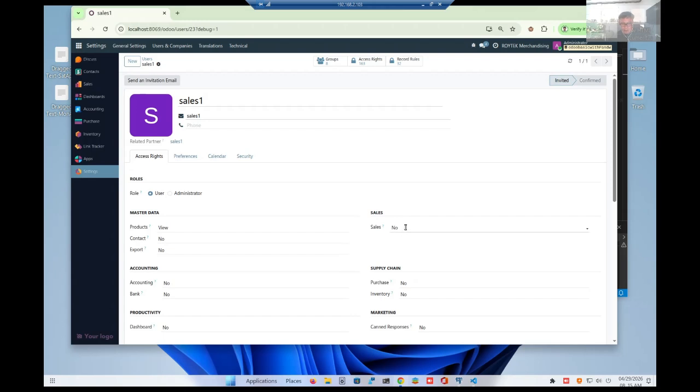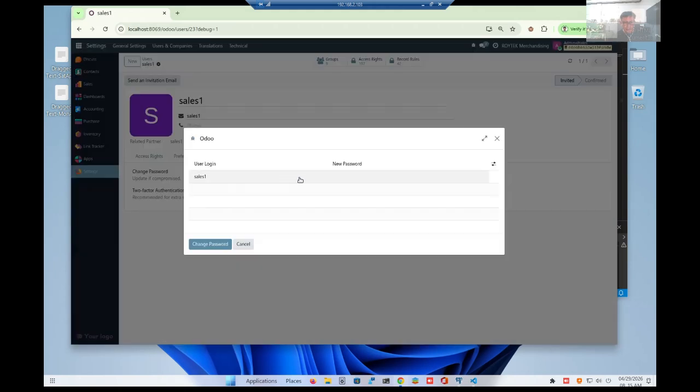Usually we assign him to sales with own documents only so that he cannot tinker with the sales orders of the other sales encoders. Let's assign him a password.